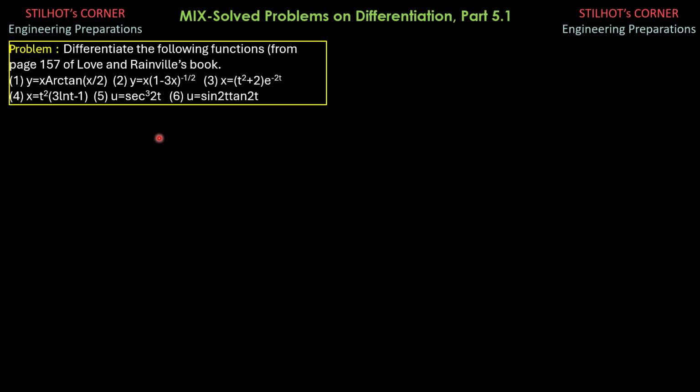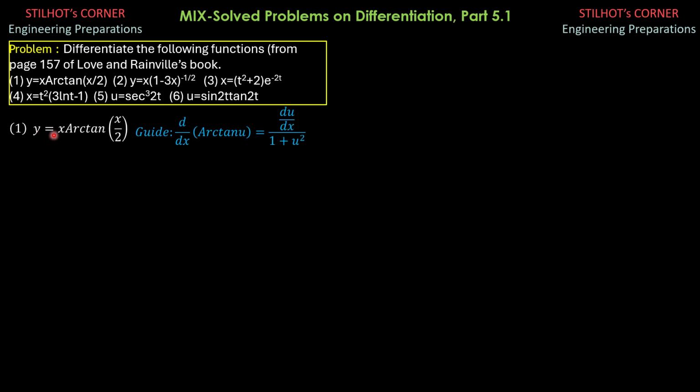reviewer or a book. So y is x arctan of quantity x over 2, because this is the more challenging one. Our guide would be the derivative of arctan of u. The derivative of arctan of u is du dx all over 1 plus u squared. So that's the guide. So du dx over 1 plus u squared.